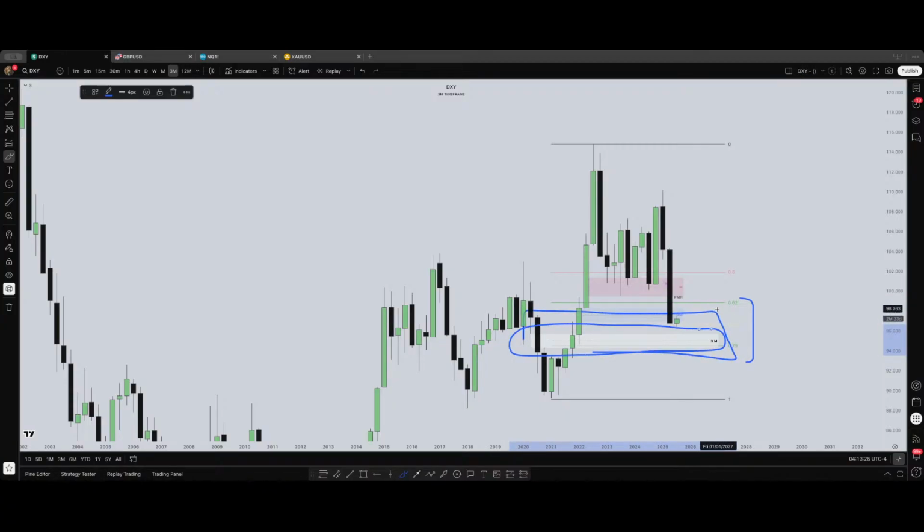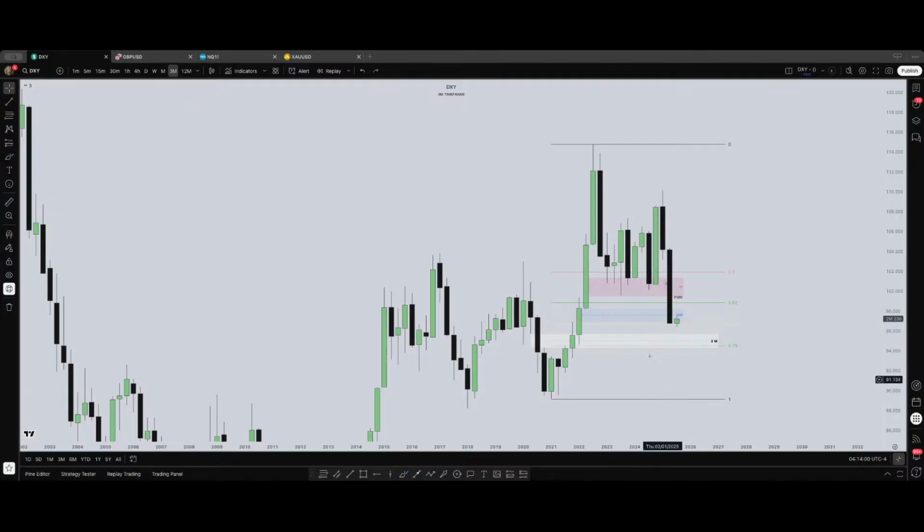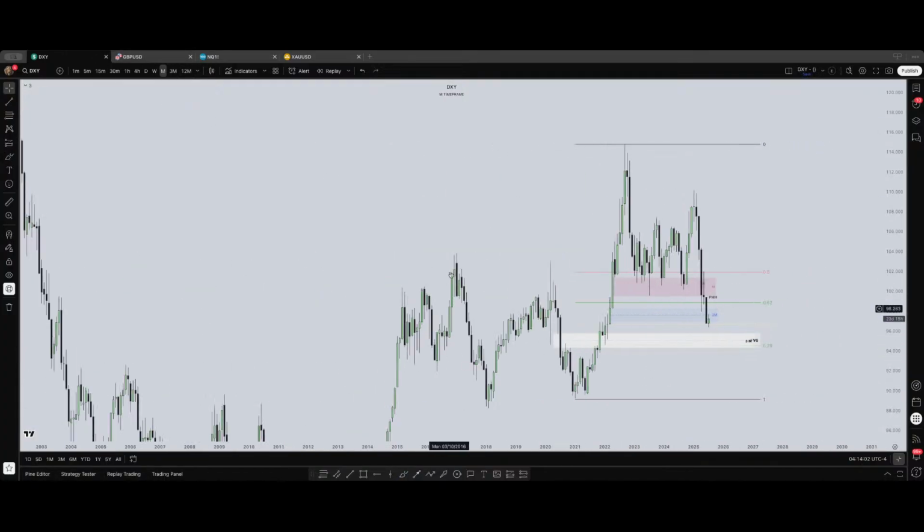So there are one or more, maybe one, two, three things that make sense in this level, so it gives you a high probability setup to enter long. Right now we have this fair value gap, the quarterly fair value gap, and this inversion fair value gap. So let's see how price reacts in this area now. Maybe it reaches here, and then we can expect a retracement to the upside. Let's go a bit lower.